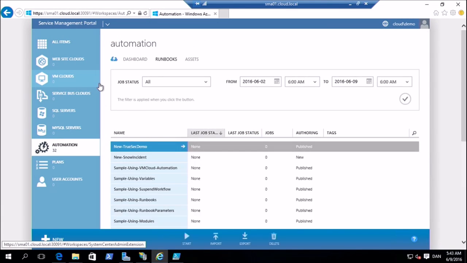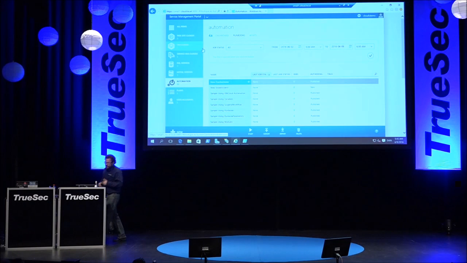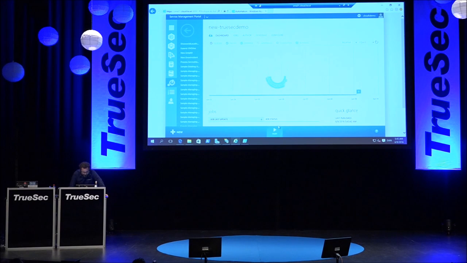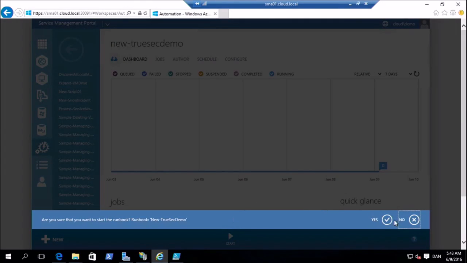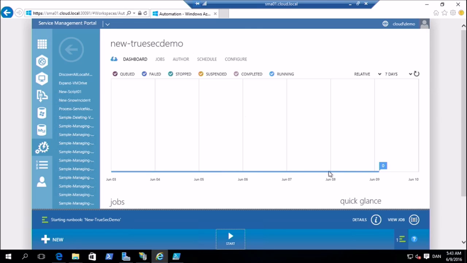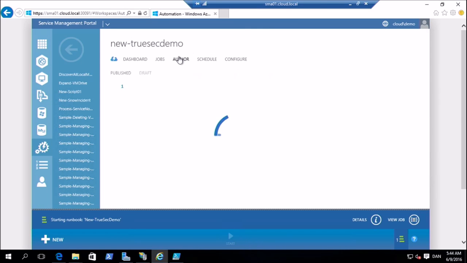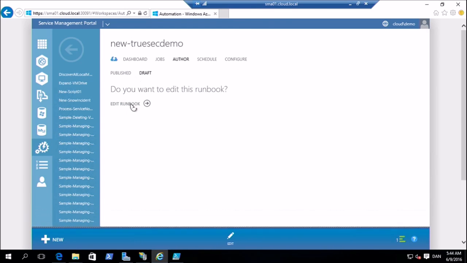Of course, when the GA, the ITM version arrives, it should be fully supported. So I can go in here and I can start my runbook if I want to. There we go. But I cannot go in. We can just do that while it runs. I cannot go in and actually change my runbook. If I click Edit,